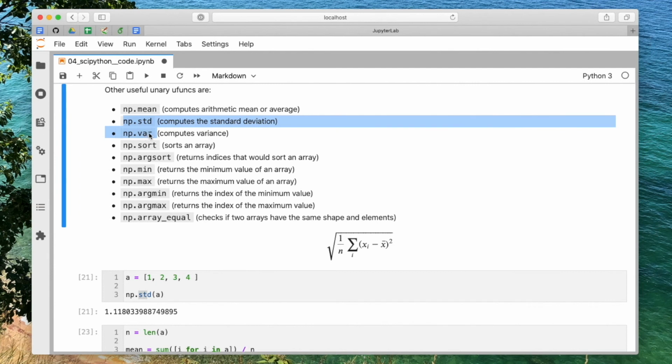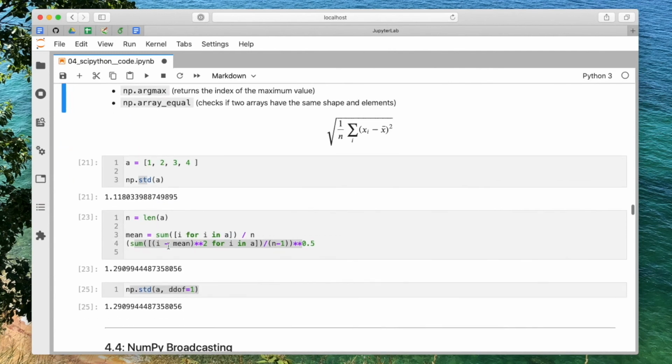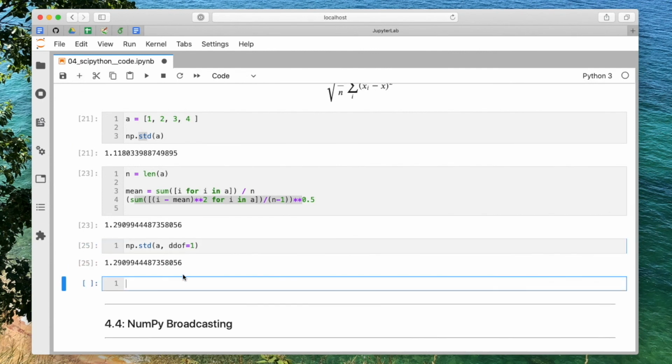The only cases where we are using standard deviation and variance is for normalizing or standardizing variables. And there it really doesn't matter whether Bessel's correction is included or not. Sort, argsort and stuff, argmin, argmax. I think we will discuss that later, but maybe if you are curious, sort is just sorting an array of values. So if we have an array, let's say